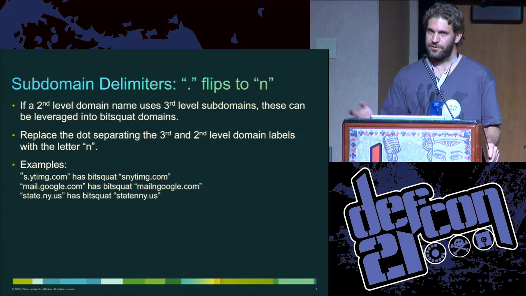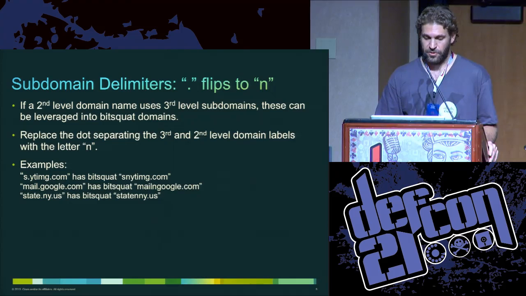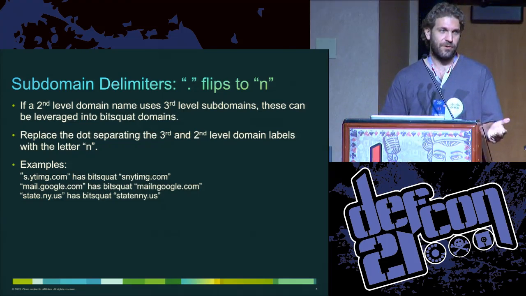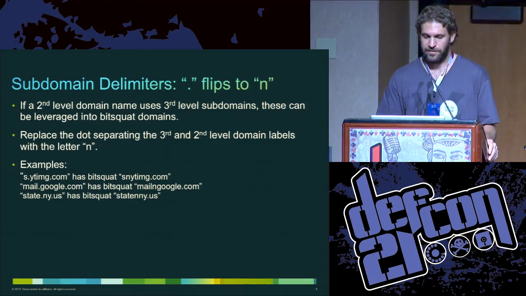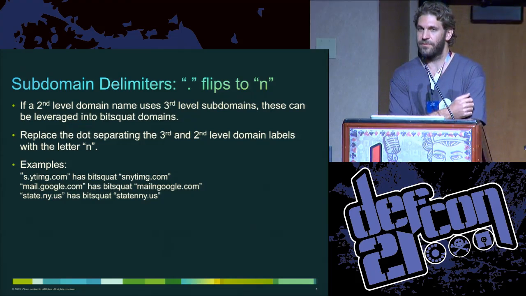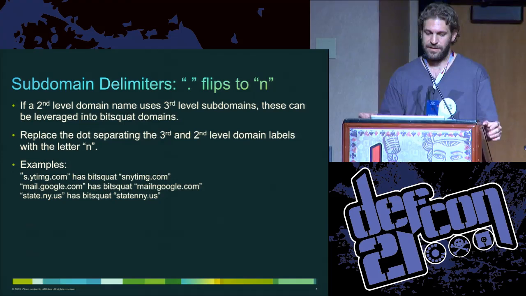Because it's bidirectional, you can also have dots that flip into becoming a letter N. So one of the best examples that we registered was the ytimg.com. They use this content delivery network in a lot of their web pages to serve content. And what we did was replace the dot that separates the third level subdomain name from the second level, and then registered the entire thing. So we've registered